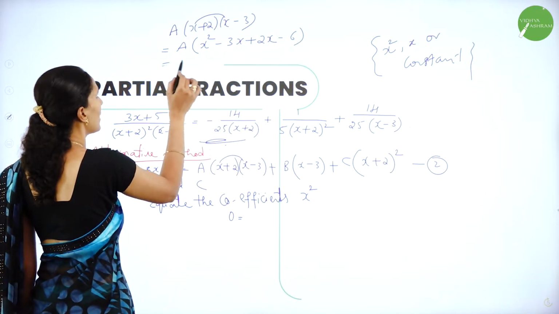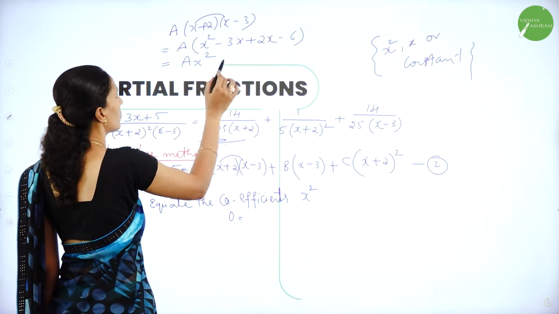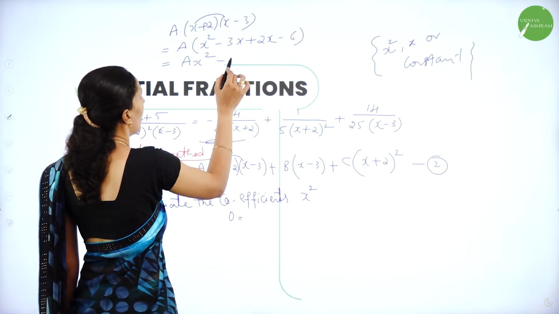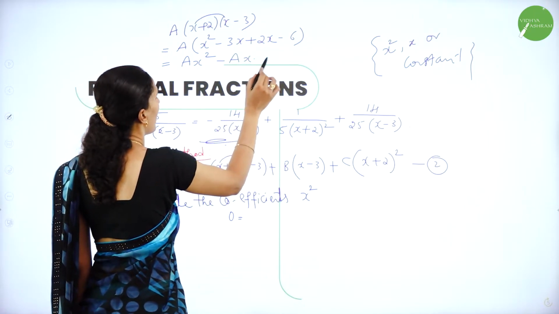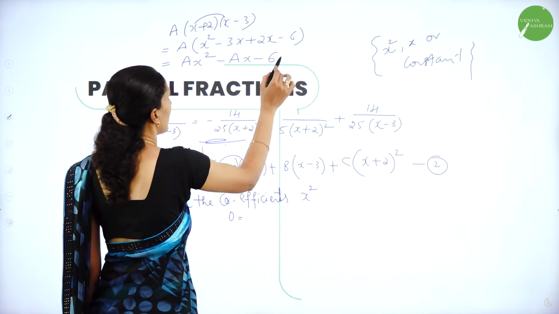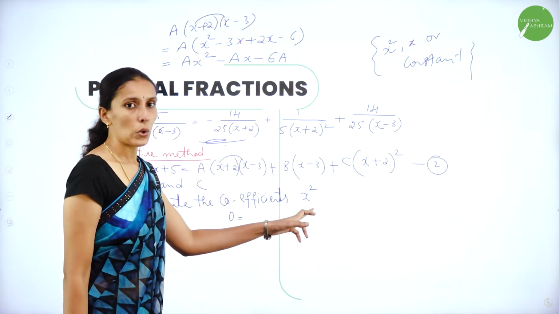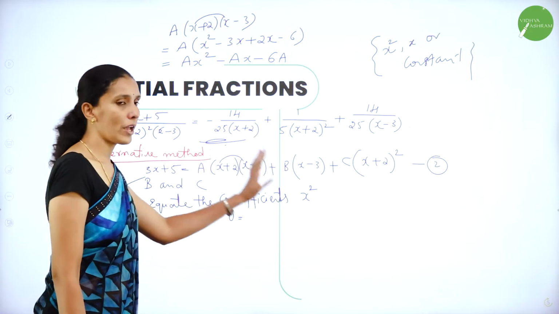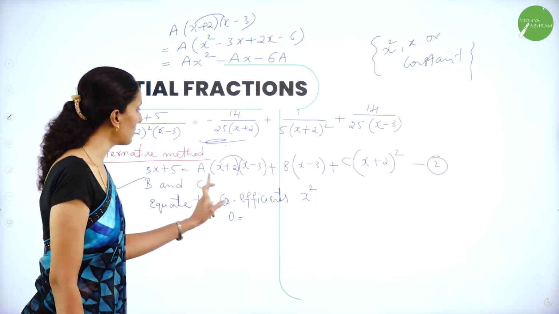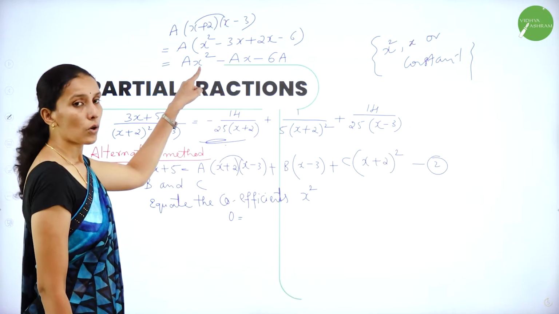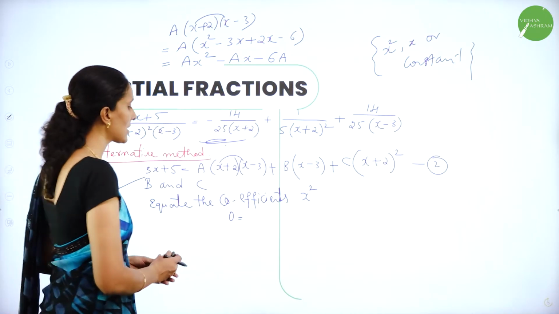So you will get ax square minus ax minus 6a when you expand this. Just equating the coefficient of x square on both sides, when you multiply this completely, you got a